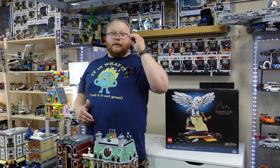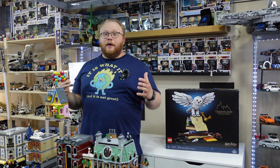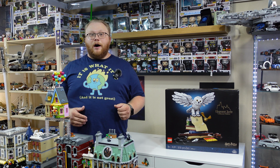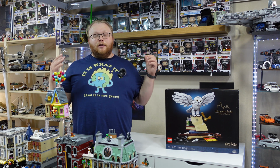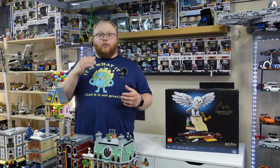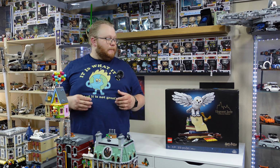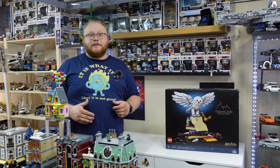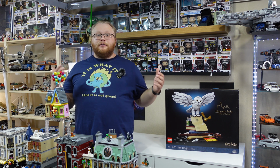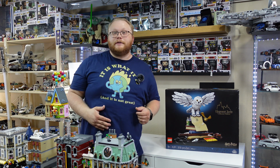From my understanding, this Lego set is a resemblance of all things Harry Potter, all wrapped up into one. The name is kind of off-putting and confusing to me. It just says Collector's Edition of Harry Potter. Of what? Is it the Hogwarts Express? Is it Hedwig the Owl? Is it a stack of books? What is it? So I guess the Hogwarts Icons Collector's Edition is just a hodgepodge of all things Harry Potter